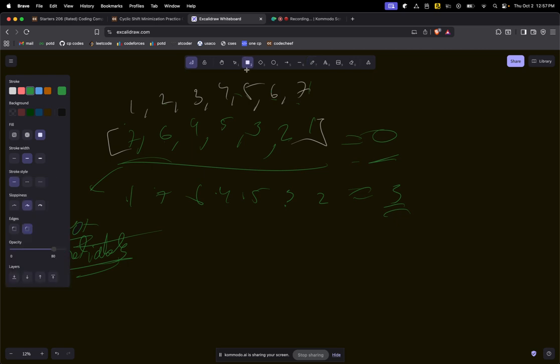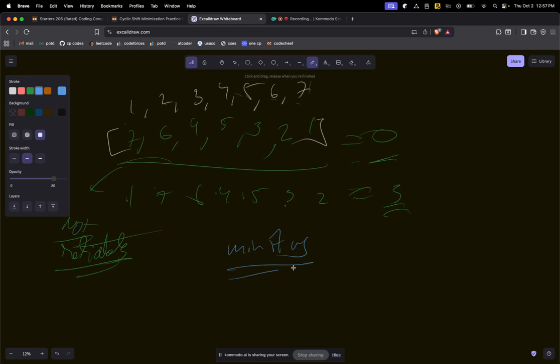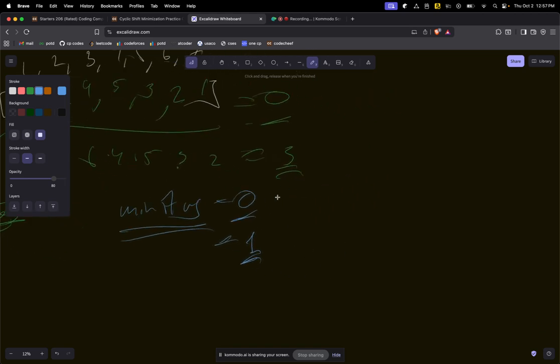Let's see what the minimum answer can be. If I ask you what the minimum answer is, it is basically the minimum fixed points you can get. Can you get 0 fixed points? That is a bit optimistic on your part. Can we get one fixed point? Why I'm saying that 0 is not possible